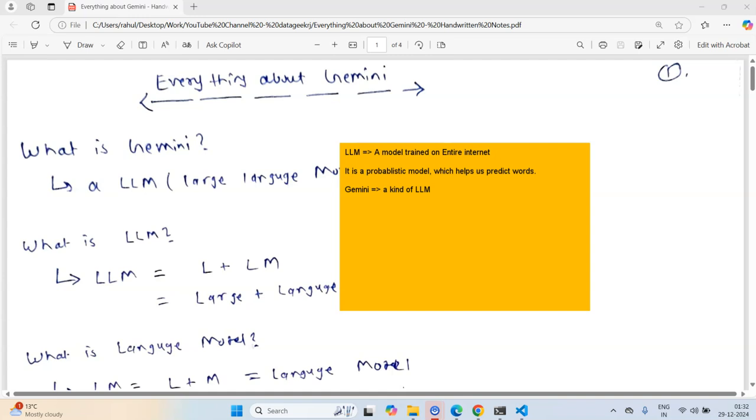So we have lots of data on the internet, lots of language data. Now this LLM can be trained in a different kind of manner. OpenAI has trained its GPT-4 model in a different setup. Now, what do I mean by setup? Setup is basically what kind of architecture was